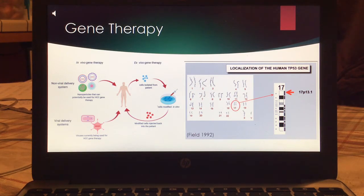Also called the TP53 gene and tumor protein p53 gene, it is